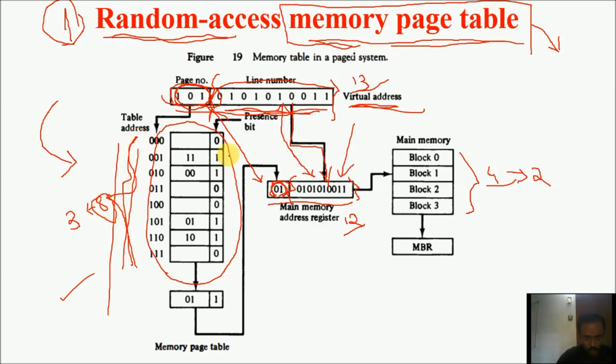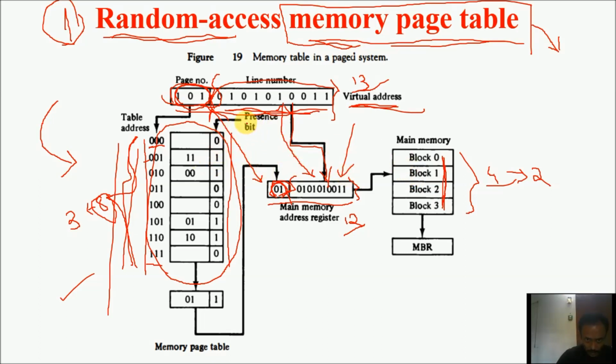Here we know that the total number of pages is 8. So that's why in this table there will be 8 words, from the first word to the last word. And at a time within the main memory only 4 blocks or 4 pages can be present. Block and page are the same size. So we can say this is block or page block. So only 4 pages can be present in the main memory.